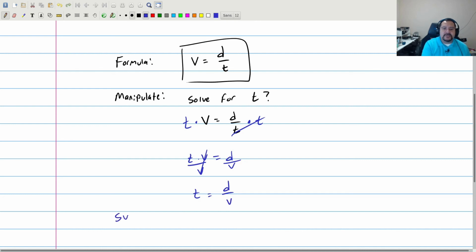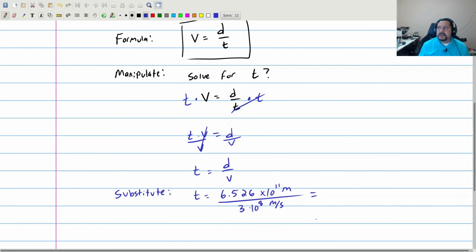Now I can substitute. So it's going to look like this. T is equal to, my distance was 6.526 times 10 to the 11th meters, divided by 3 times 10 to the 8 meters per second. And for our final answer with units, we are going to get,